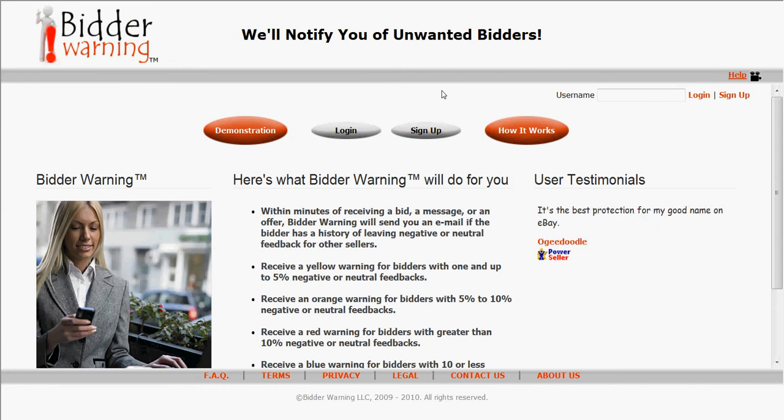Bidder Warning is a site that goes out and analyzes all of the potential bidders on all of your auctions. And within minutes of receiving a bid, a message, or an offer, Bidder Warning sends you an email if the bidder has a history of leaving negative or neutral feedbacks for other sellers. So they basically do an instant evaluation of any potential bidder, and they analyze all of the feedbacks they've left for other people. And if anybody has left at least one negative or neutral, you're going to get an instant